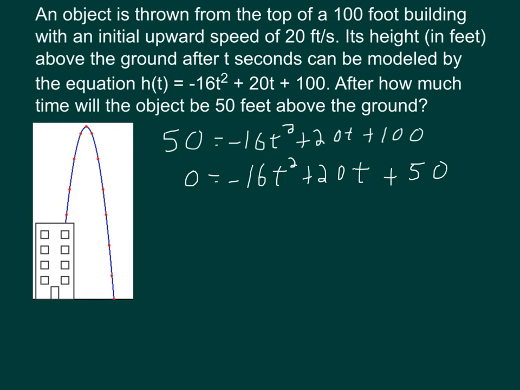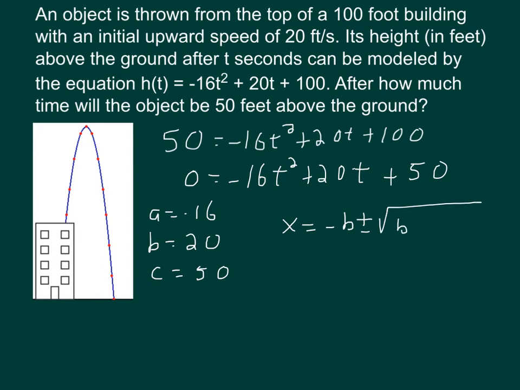Now this is set up so that I can use the quadratic formula. I know that A equals negative 16, B equals 20, and C equals 50. So what I'm going to do is plug into my quadratic formula, which is x equals negative b plus or minus the square root of b squared minus 4ac. So when I go to plug this in here, my negative b is negative 20 plus or minus the square